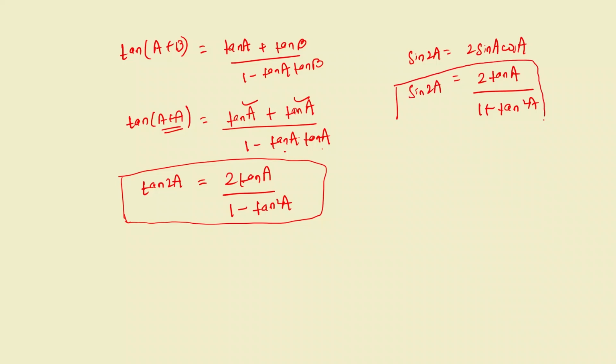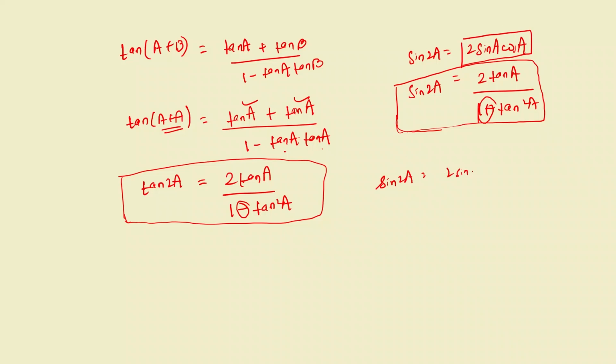This is one more formula for sine 2a, and this will mostly be useful when you are required to convert sine into tan, sine 2a in terms of tan a's. Okay, so the angles will give you the hint. Sine 2a, and the manipulation will require you to get something in terms of tan a's. Remember, in tan 2a here we have a negative sign, and in sine 2a we have a positive sign. Okay, so how are we going to prove this? I leave it to you as an exercise and just give you a hint. You can derive this result from the earlier one itself. Okay, I'll give you some